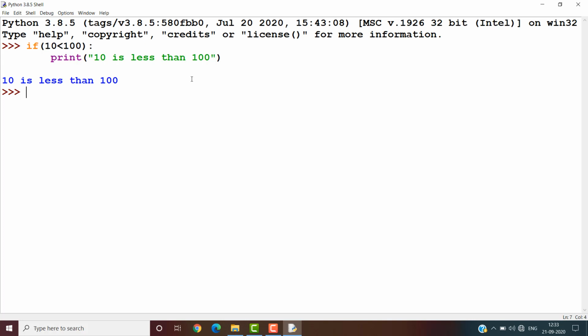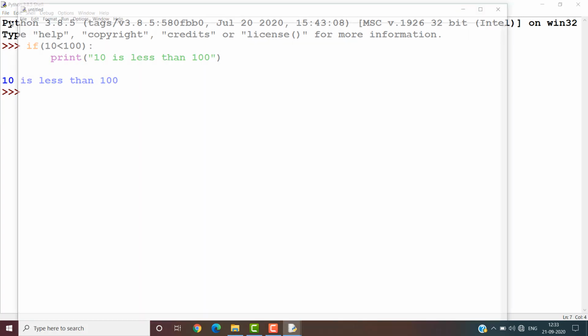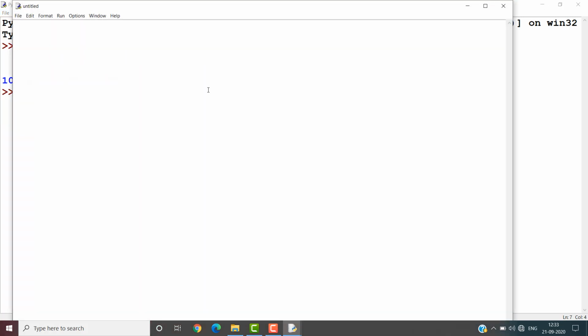Okay. Let us take some more examples. Let us move on to the file menu. Take a new file. Let us write a program regarding the price and quantity of an item. We will check the discount of that particular item. Let us take an input, that is price, equal to int, because the price is of integer type. To take the input from the user, we have to use the input function. So input, enter the price.